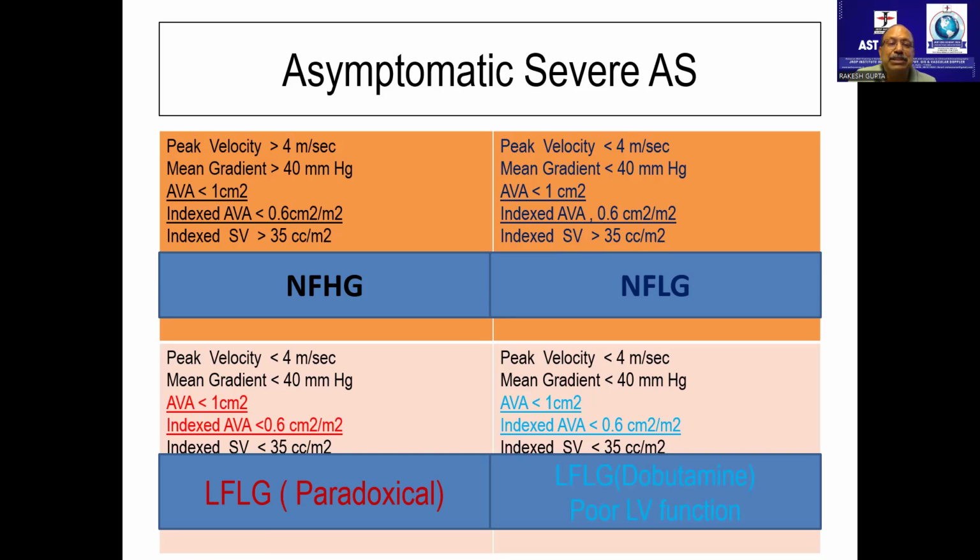Look, the most important thing is, if somebody develops an illness, what exactly happens? Now think of it. My heart works with the Starling law. Correct? So if some obstruction is there, what will happen over a period of time? The heart has to work harder to deal with the obstruction. When I'm working harder against an obstruction, a time will come when I'll start failing. My LV will start failing.